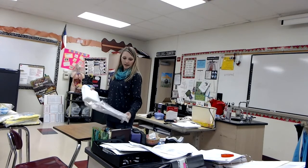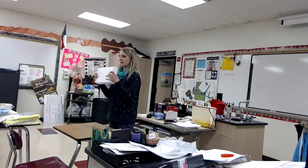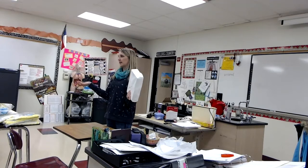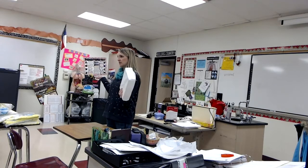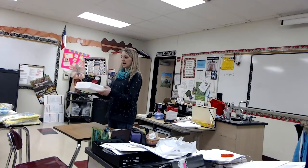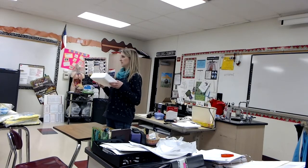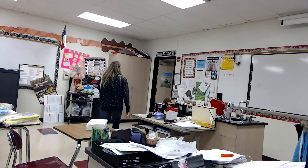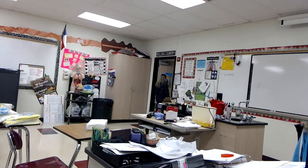I would want to wash my hands before I did this, but at that point, the outside portion that I'm touching is obviously not sterile anymore, because you can't make your hands sterile. You just can't do it. It's not going to happen. So what I want to make sure of is that everything in here stays sterile, and this goes for any kind of sterile procedure. So it doesn't have to be just putting in the